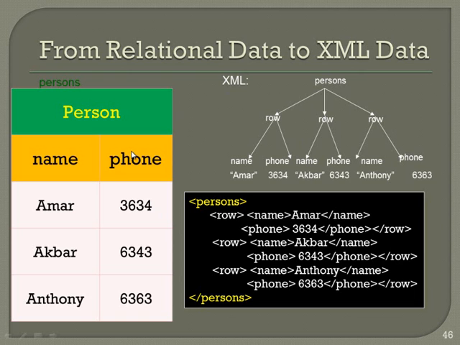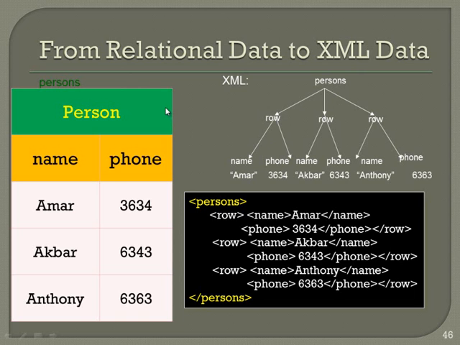Now, if you want to represent a person, what do you do? You create a table called person, you create two fields called name and phone, then for every row you add the individual names. The similar thing in XML, how do you do it? You create a root element called person, then you create the row. Look at that, it is a hierarchical tree representation. Every row contains two things, the name containing the actual name, and the phone. So row ends here, there is the name and phone number. So this is how you are representing it.